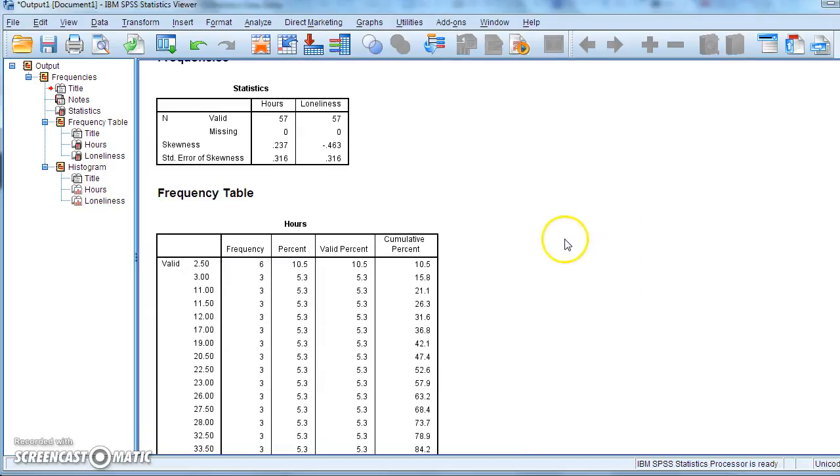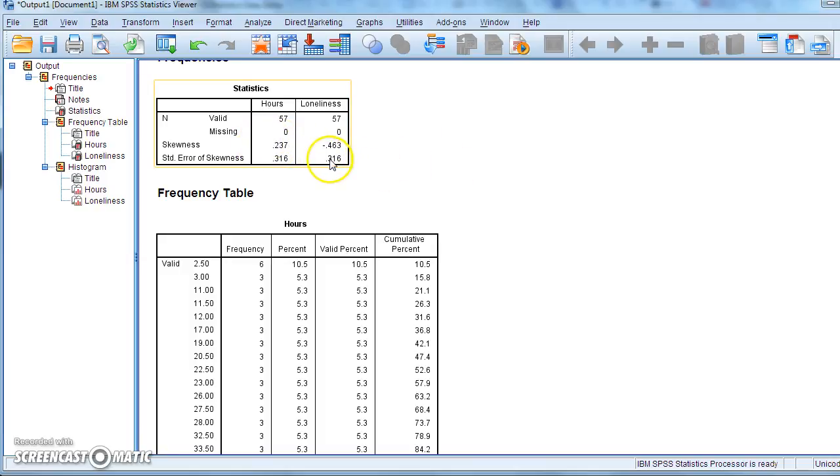Well, years of experience. But for a better test, if we look at the skewness statistic here, remember, if we multiply the standard error of skewness by 1.96, if that number is bigger than the skewness statistic, then we say it's significantly skewed at a p less than 0.05 level. We don't need to do that to know that 2 times 0.3 is not going to be lower than 0.23. It's going to be a lot bigger. So the skewness statistic is okay here.